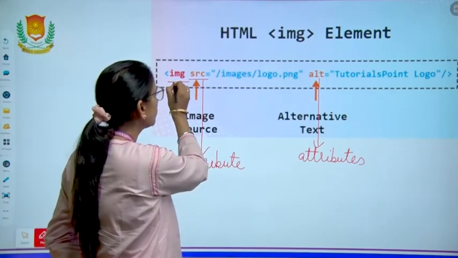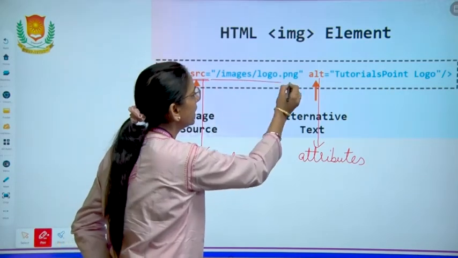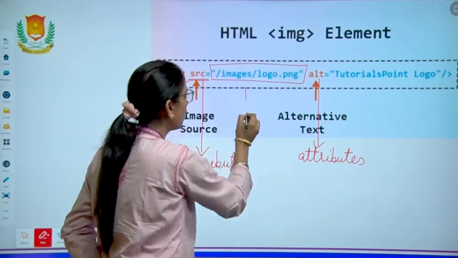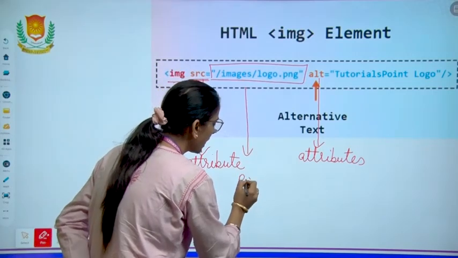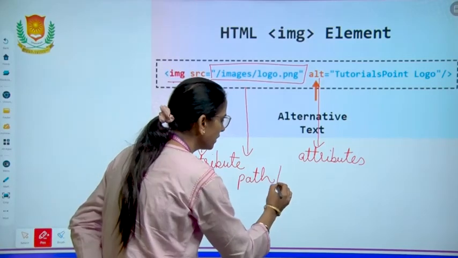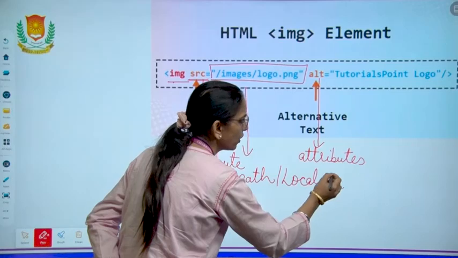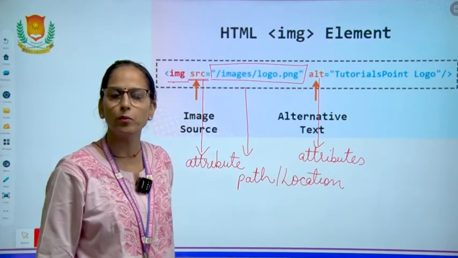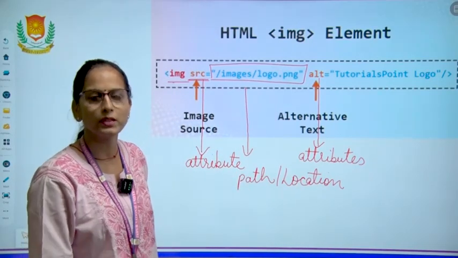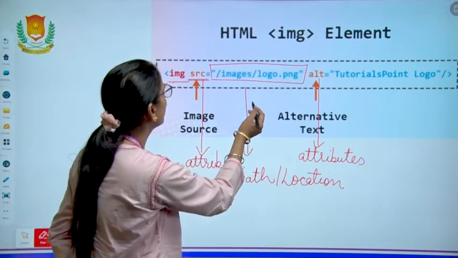IMG is used to insert an image. In the SRC, you have to give the path of the image. Path is very important. Path means the location from where your image will be derived, from your local disk, where the information is stored. The complete path of the image is given there.